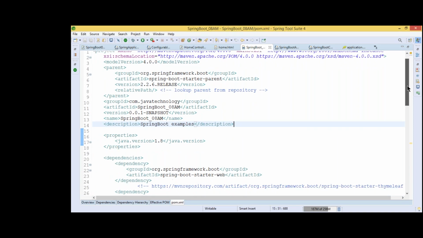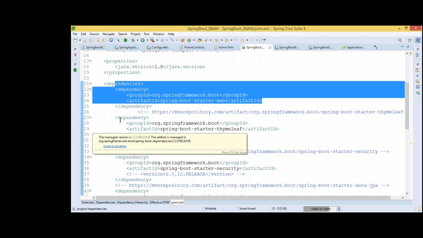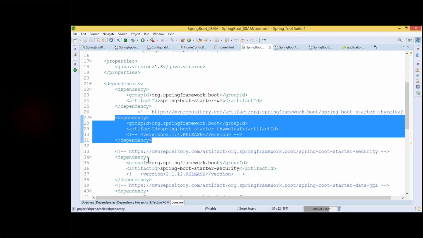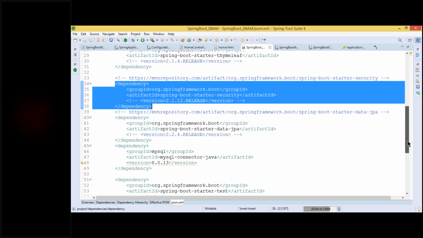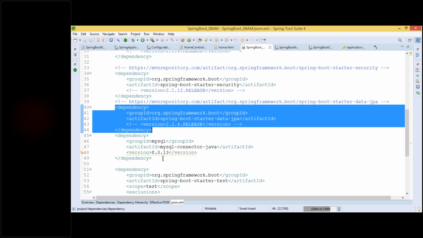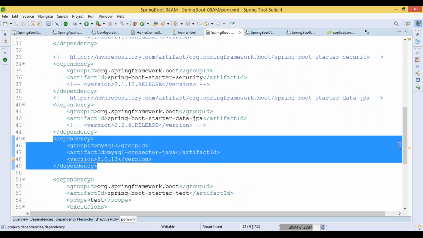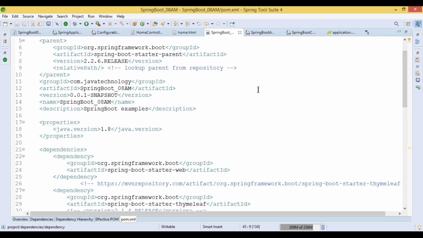Now identify here, we have the web starter, then Thymeleaf, and Spring Security. We will also work on JPA, which is why I added the MySQL dependency. Other than this, we don't have anything here. So this is all our status information.